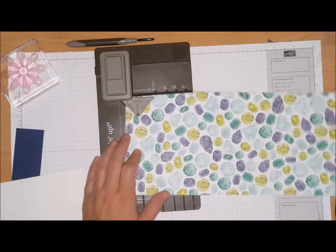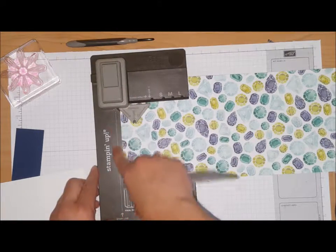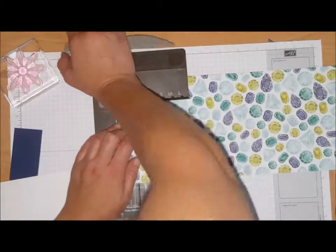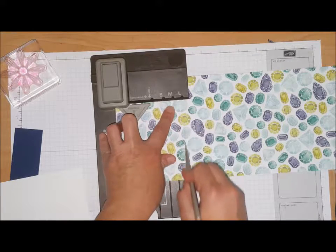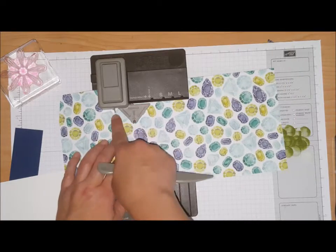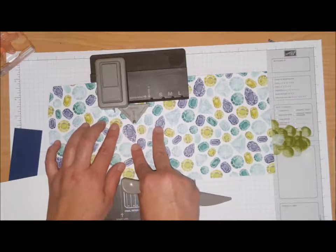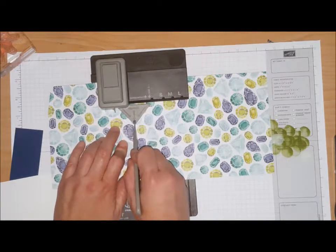Alright, so your designer series paper, you're going to bring it up to this score mark right over here, and you have the 12-inch at the top, and you're going to punch and you're going to score at the L. You're going to move it down to where you just made that score mark, and there's a tick mark right over here. You're going to bring that score line to the tick mark, and you're going to punch, and you're going to score this first line,